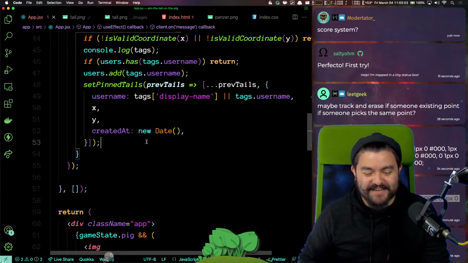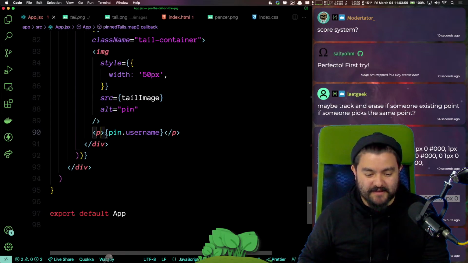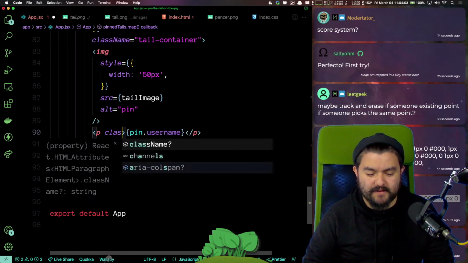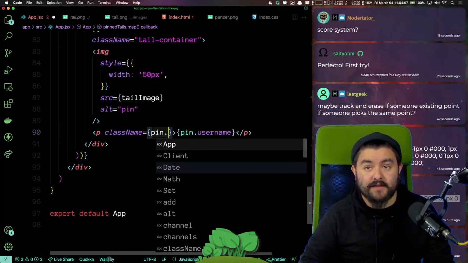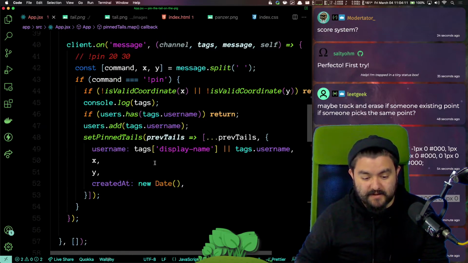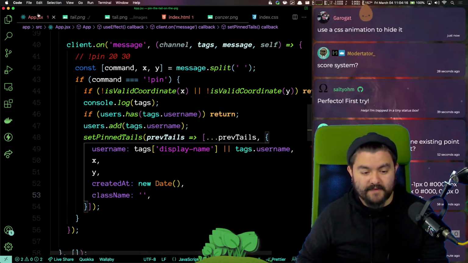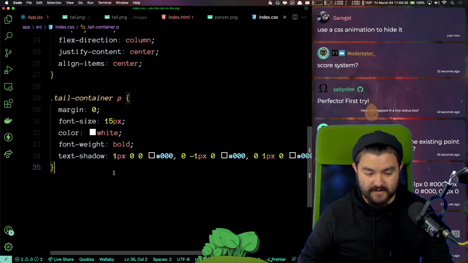Basically, this will have a class name of pin.classname. Initially, pin.classname is nothing, and then eventually we're going to set that class name to be hidden.